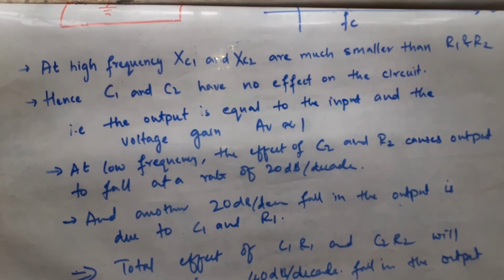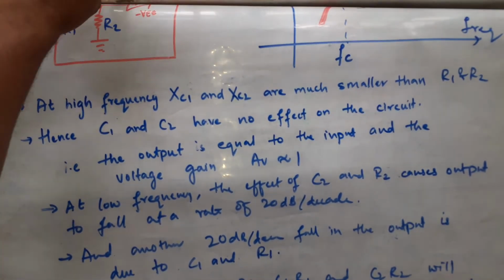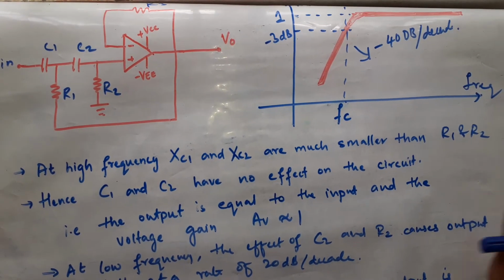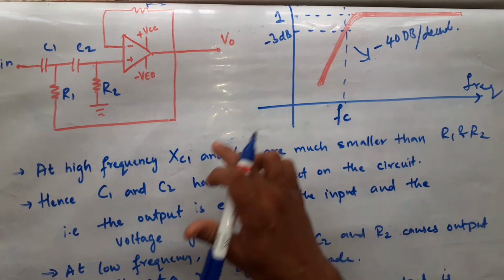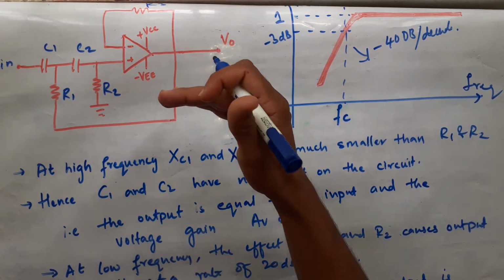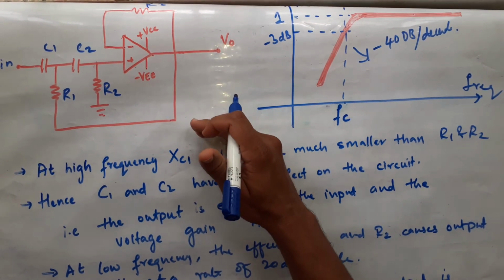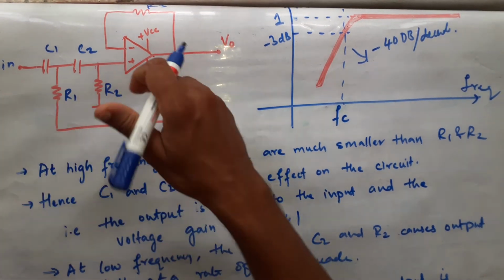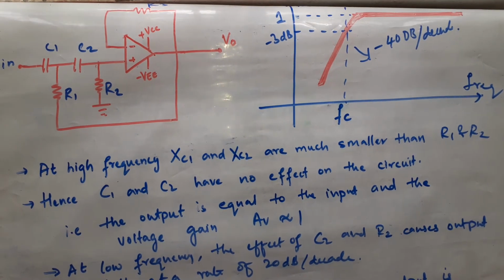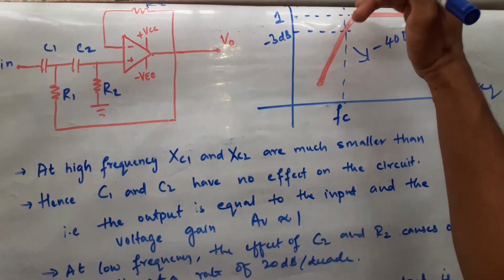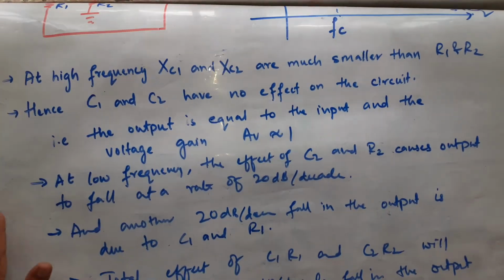Why is there a fall? Because of capacitance and the combination of C and R. When the frequency is low, XC1 and XC2 will be higher. Higher means they will provide opposition, isn't it? It will oppose, right? So since XC1 and XC2 are dominating for lower frequency, your gain will not remain 1, the gain starts falling down. Okay. Design part.